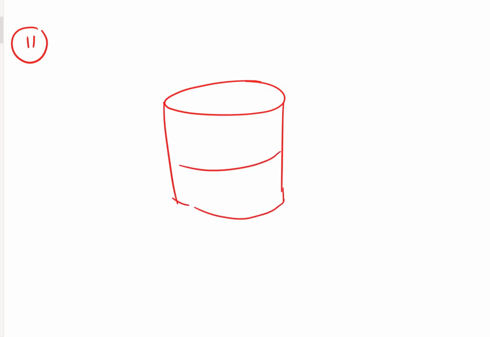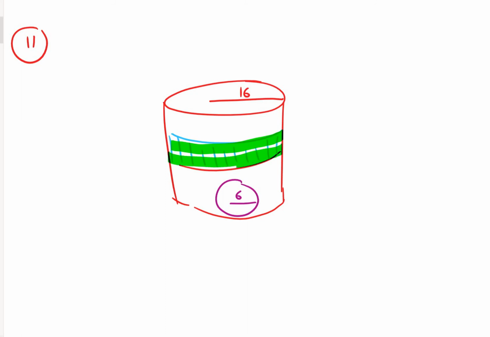So water is up a certain level, gets dropped in, water rises by whatever level this is. There's our sphere. The sphere has a radius of 6. The cylinder has a radius of 16. I'm not interested in the rest of the cylinder. All I'm interested in is this, because the volume of this bit there rose and the volume of this are